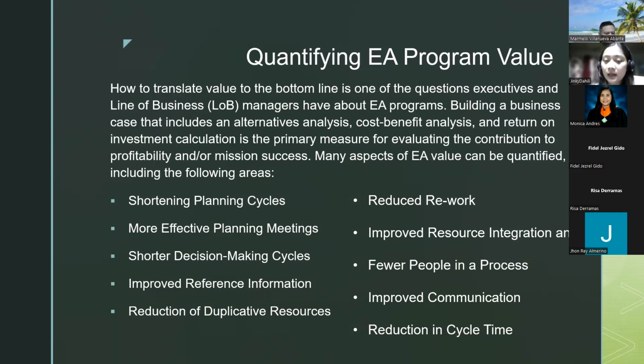Then last is the reduction in cycle time. EA can help an enterprise to reduce the time it takes to plan, develop, implement, and retire resources within its business and technology operating environment. By using an EA methodology and framework, so may framework ha, each resource is evaluated from the same holistic strategy, business, and technology viewpoint and is documented using the same set of EA tools and techniques.